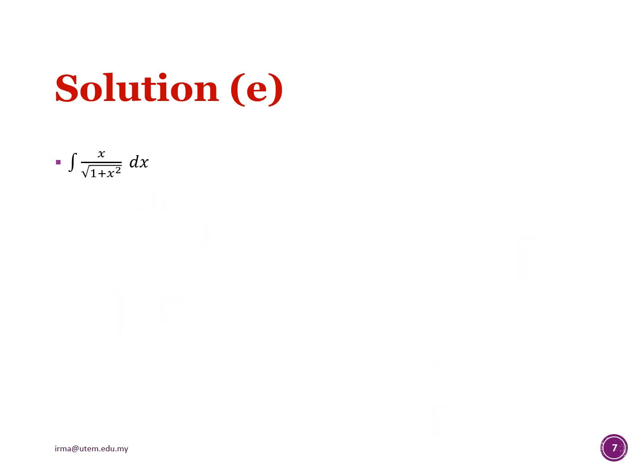Okay, so the last question is the function x over the square root of 1 plus x squared. How do we solve this? We have a square root there, but it's just the same as what we have discussed before. If you want to use the substitution method, you need to let u